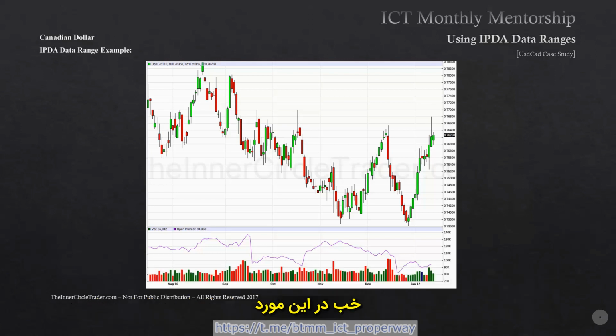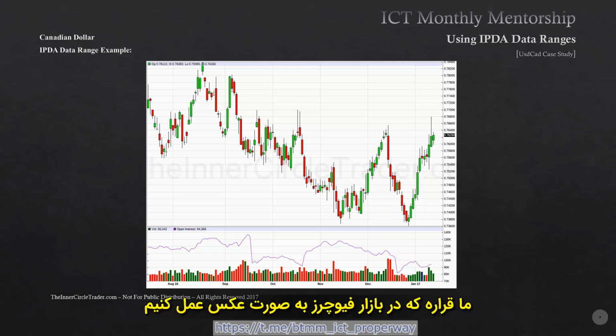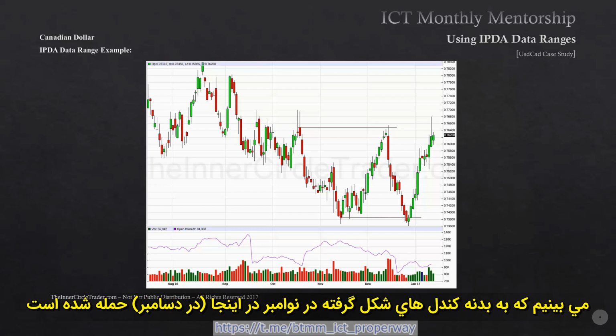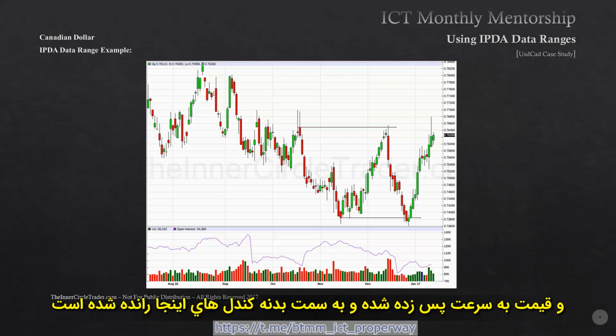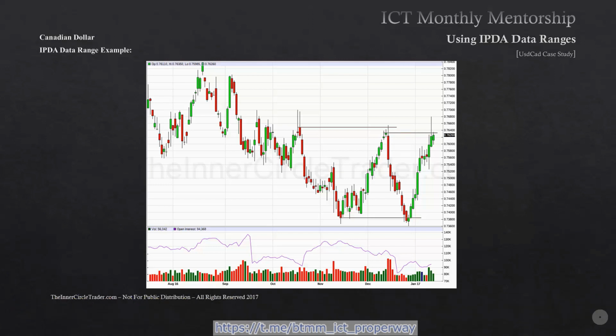Well, in this case, we are looking at the futures contract of the Canadian dollar, and I want you to look at the same reference points we just showed in the previous slide. We're just going to do the opposite in the futures market. You can see the bodies of the candles made in November get run out in December and quickly rejected. And it runs for what? The bodies of the candles here, we're running that old high out where buy stops will be resting, and that's where we're at presently. But prior to that big run up off of that 73.50 to 73.65 level,